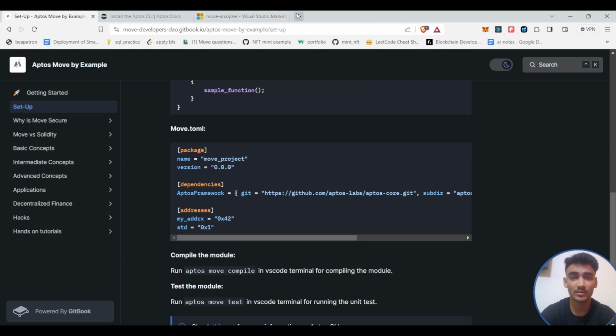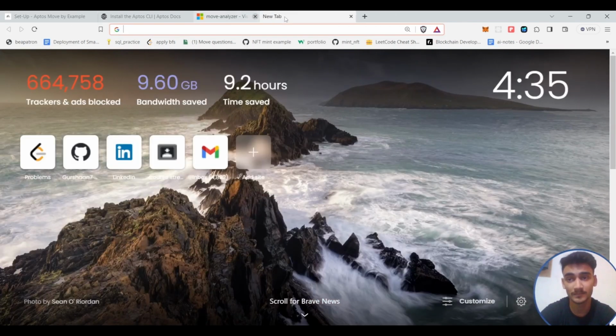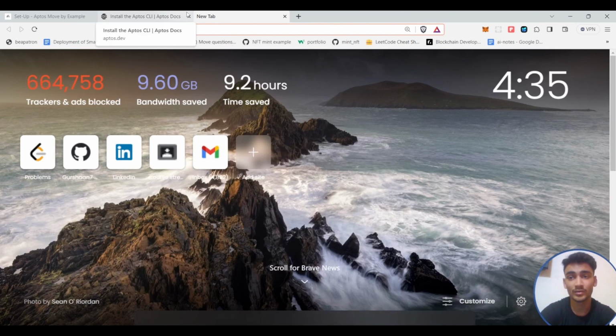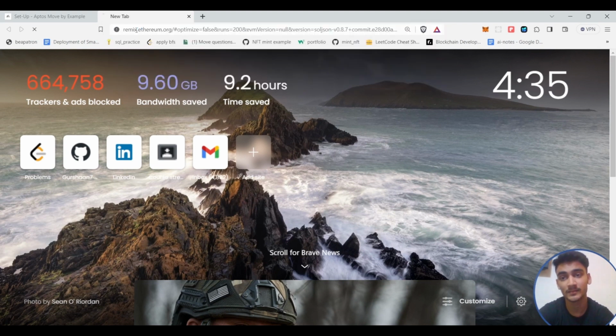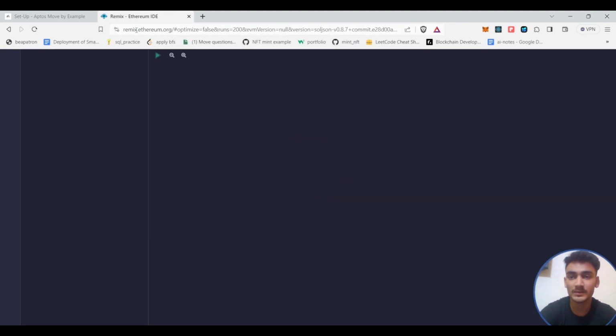So what they can do is simply use Remix IDE like we do in Solidity. We can just simply write our code, and by simply pressing a button, we can deploy it on the Aptos blockchain. So how to do that? For that, open Remix IDE,